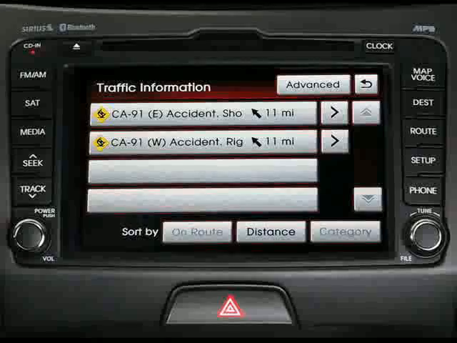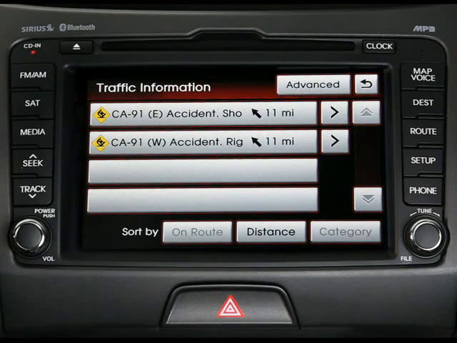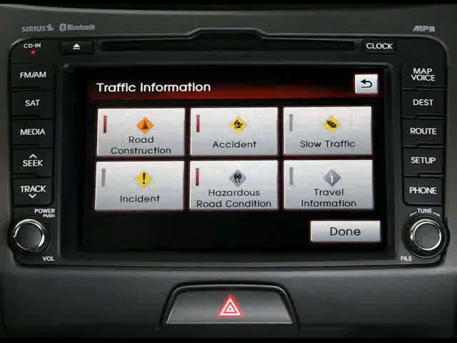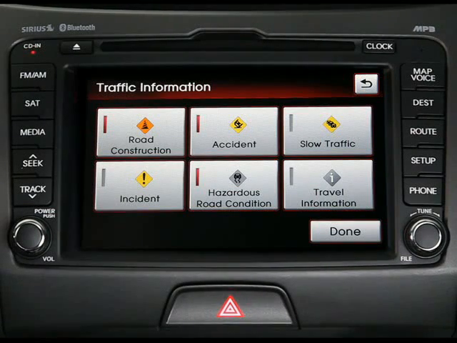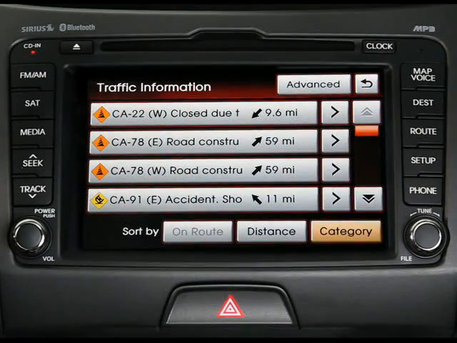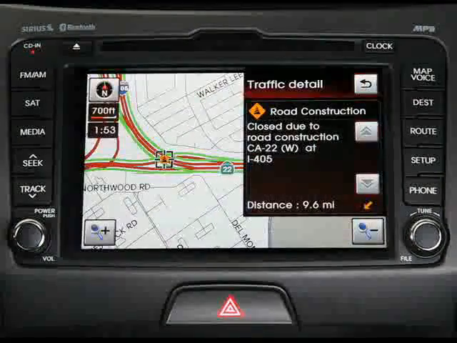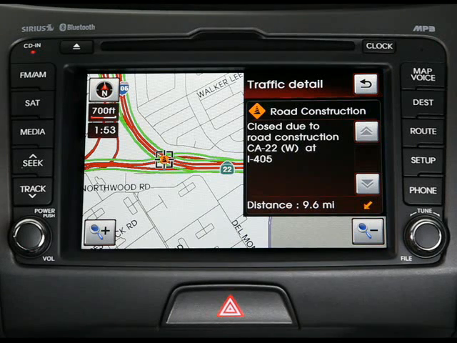You can also customize the types of incidents listed on the traffic information screen by selecting the category button at the bottom. Let's say you want to know about any road construction going on in your area. Just add this category on the menu screen and save your changes. As you can see, the traffic information screen is now updated with a list of local road construction projects on